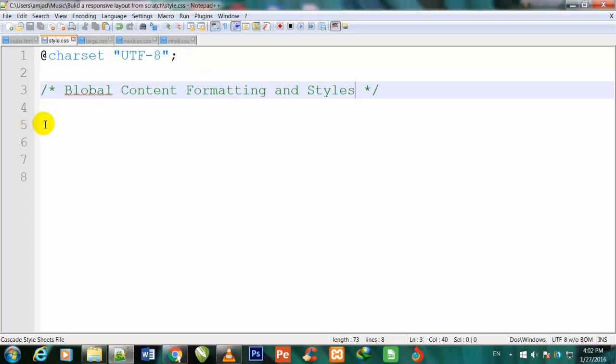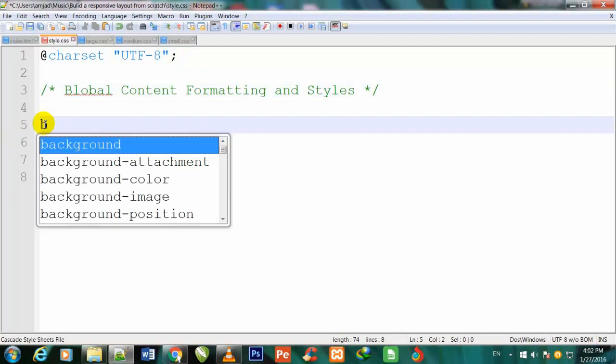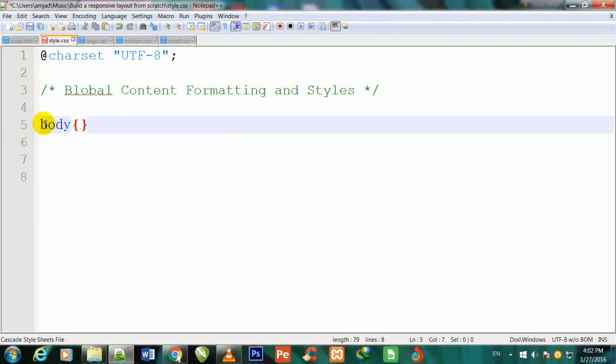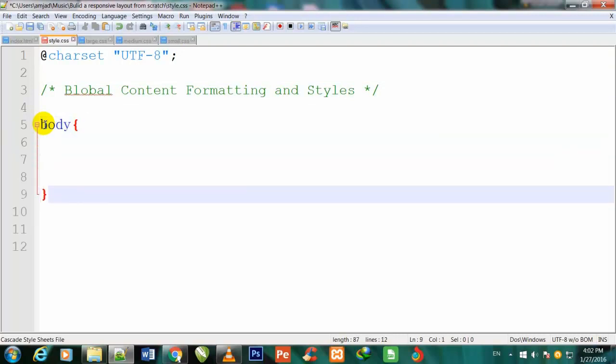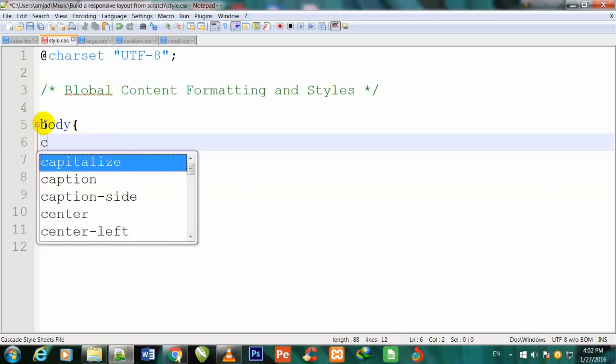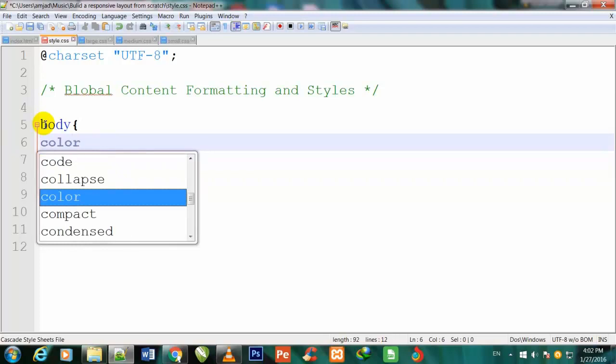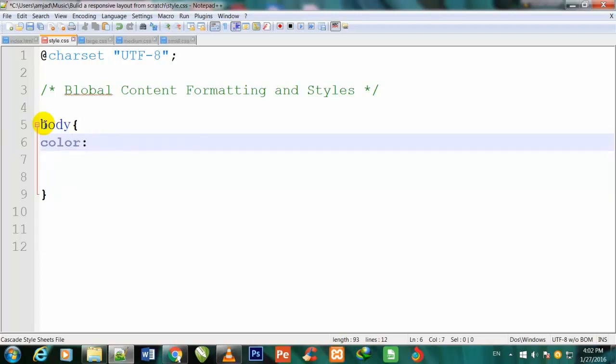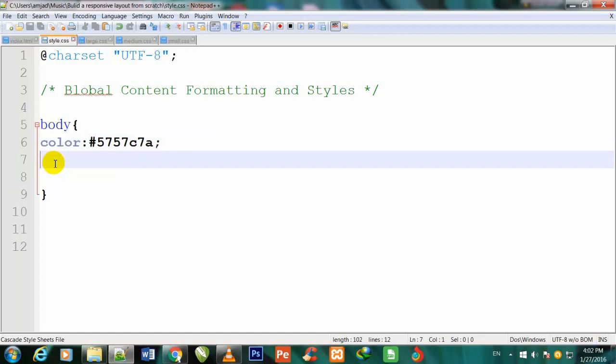And now friend, first of all we will stylize our body, and inside first I will give color: #57575A, and I have given the text color, this text color, to body. Now I come down